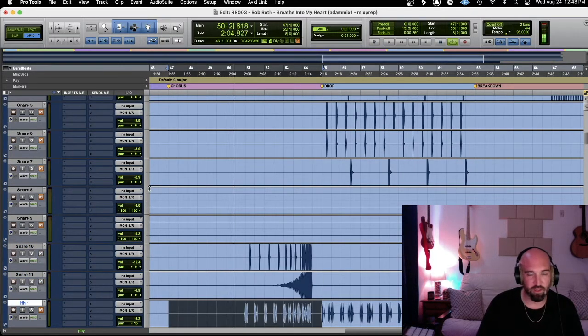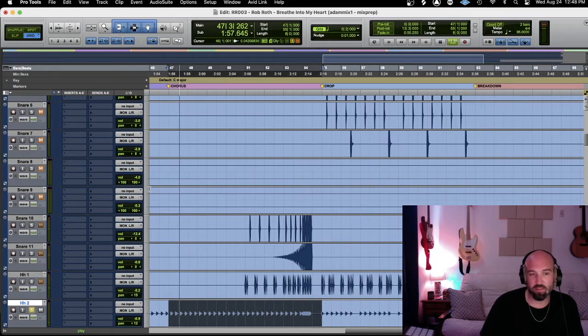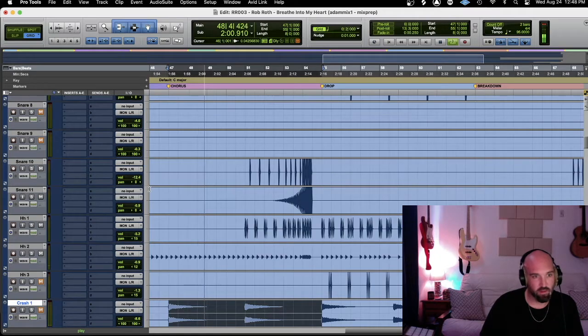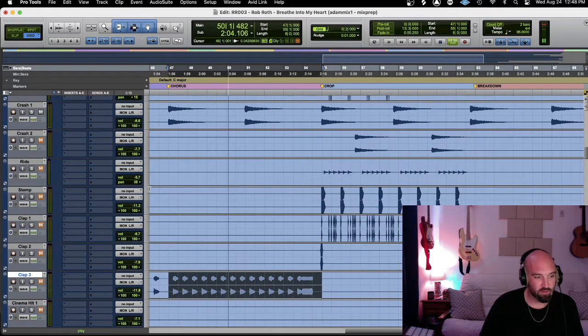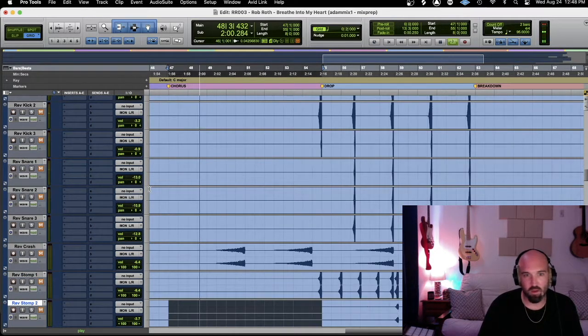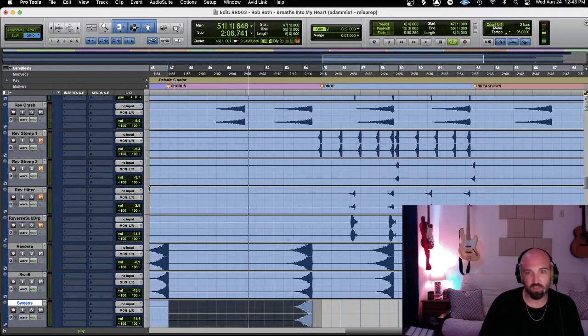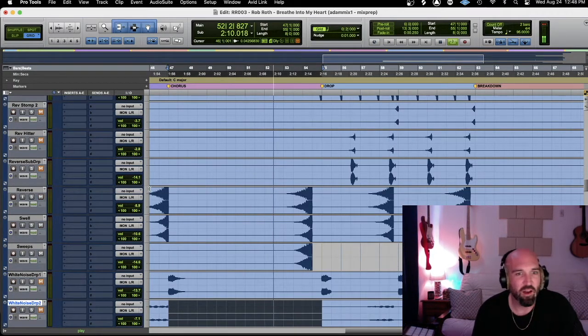Another set of snares, our hi-hats, and then we have a nice little hi-hat right here. This is still going again. Crashes. Claps. Reverse crash, reverse and a swell, as well as a sweep, pretty much the same thing. White noise drop,